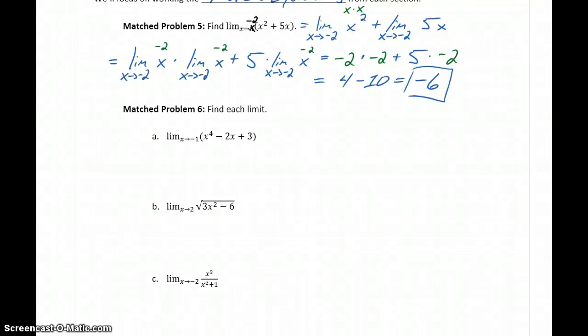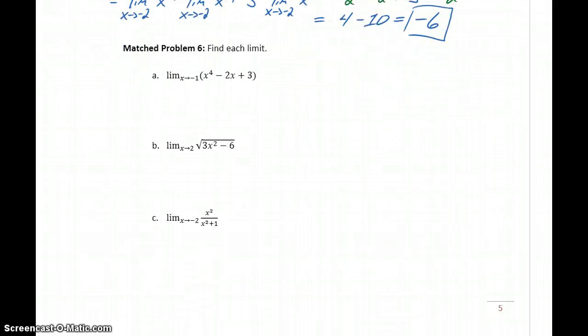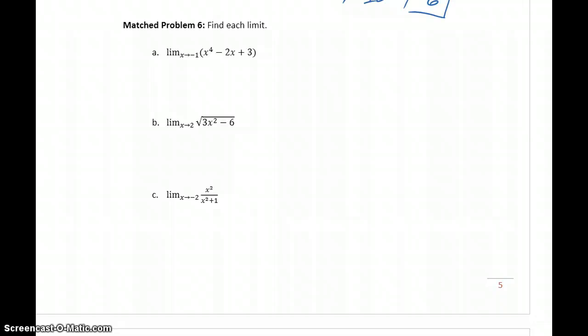In math problem 5, we took a longer route to get to our final solution of -6. In general, we have some other theorems that we've introduced, some other properties that are going to allow us to solve a problem like we had in math problem number 5 quite a bit faster. So what we want to do is look at how we can apply some of those quicker techniques, starting with